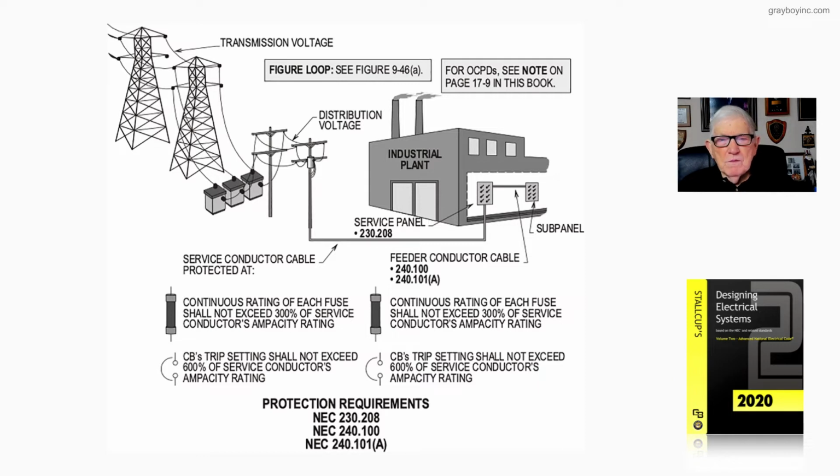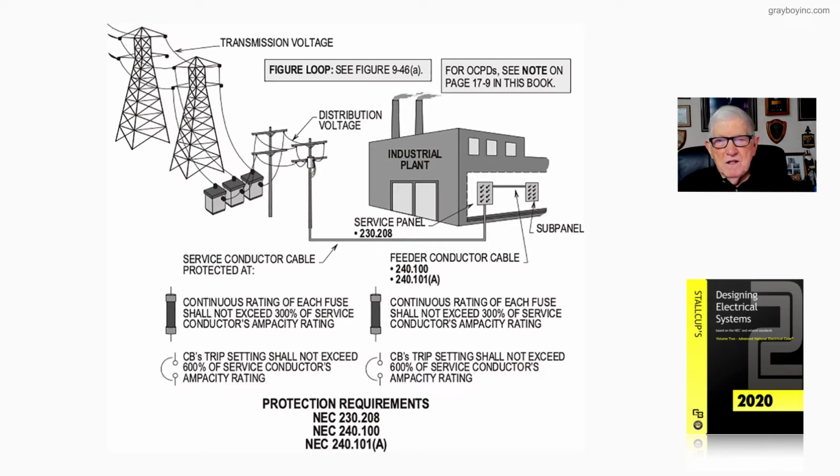Circuit breaker trip setting shall not exceed 600% of the service conductor's ampacity rating. And then notice if you should use an electronically actuated type fuse, you could go up to 600% even on a fuse